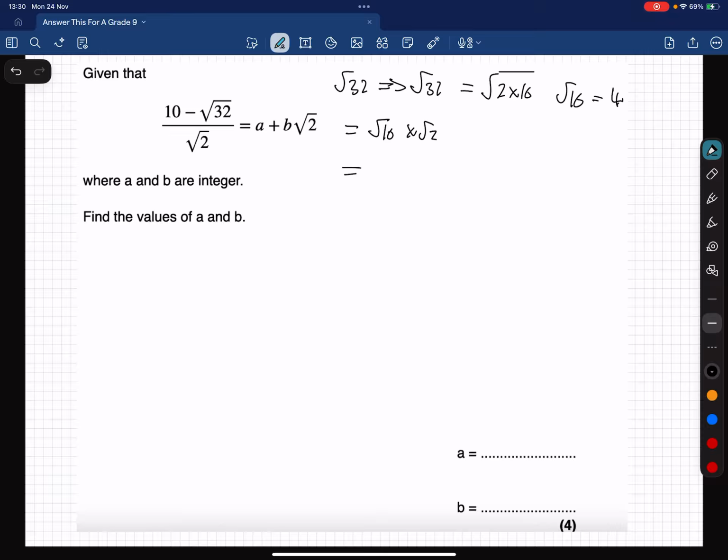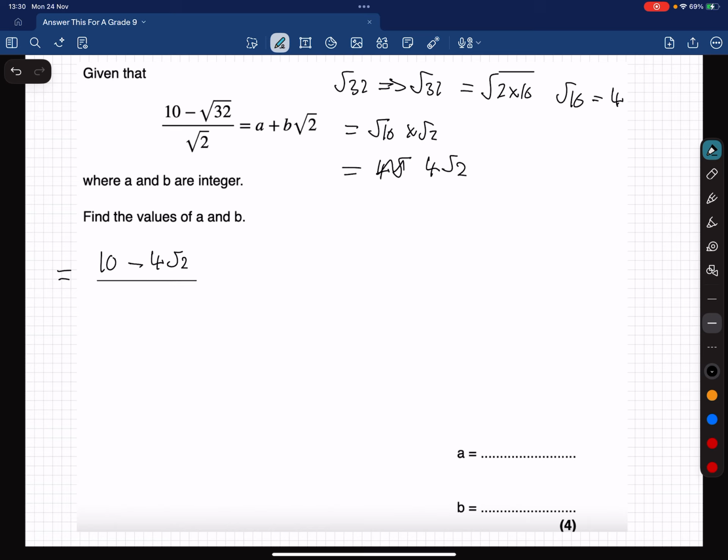So this is therefore 4 root 2. So we go back to the original question. This then becomes 10 minus root 32, which is 4 root 2,